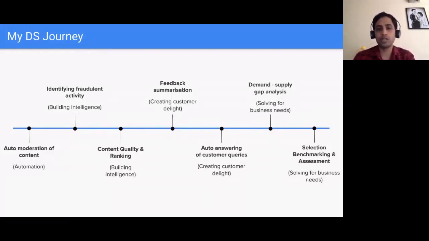So the problem that we're trying to solve there is not automation per se, but how do we create customer delight? How do we take the experience to the next level and solve for customer needs, right? So data science is not just about automating processes, but we can actually build features that were not possible earlier using data science and create customer delight, right? But lately, the problem statements that I've been working on, some of the last two pieces that I mentioned in this slide, are also about solving some of the core business needs. For example, today,